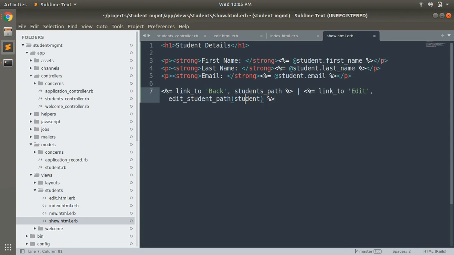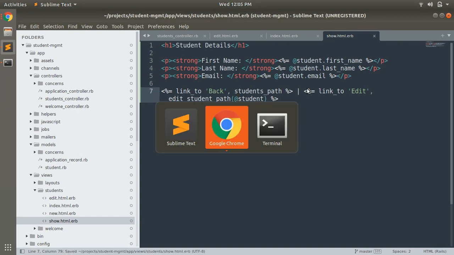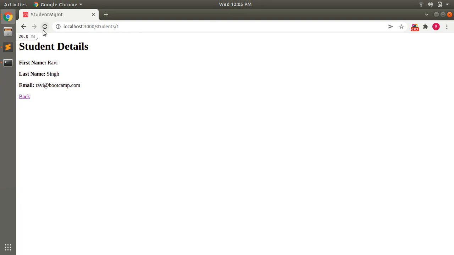But here, in place of student, you need to use @student, because the variable that we are getting in the view is @student. So you need to put edit student path @student, save it and refresh the browser. Now you will get the link to edit the student on its show page.